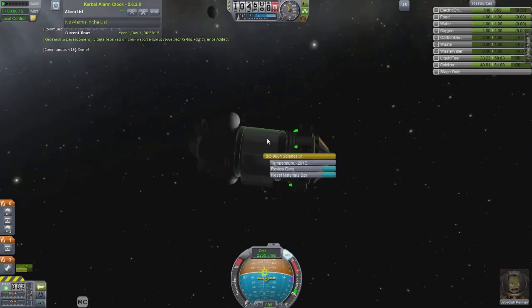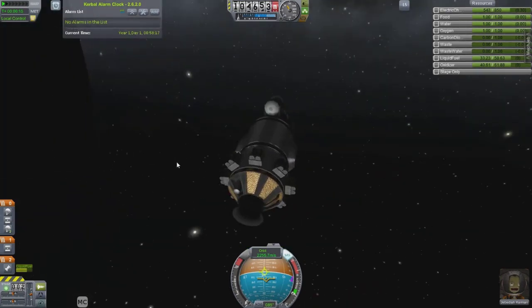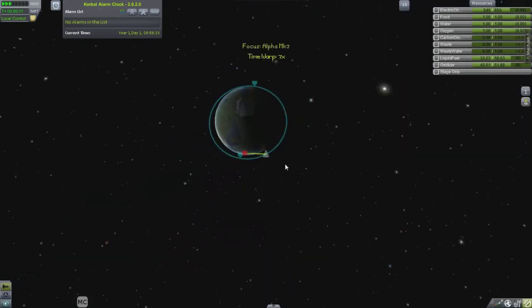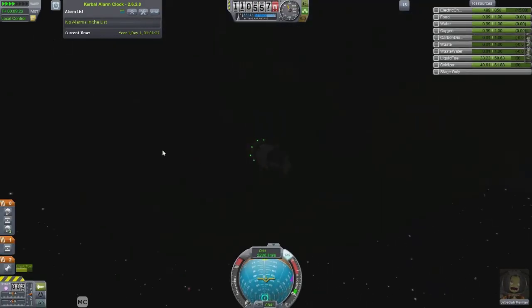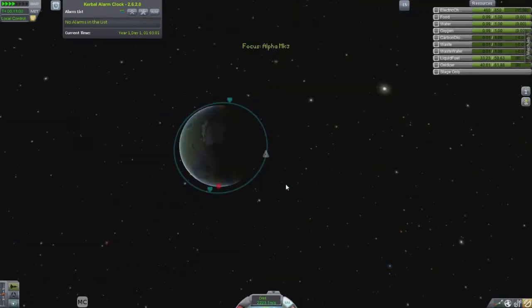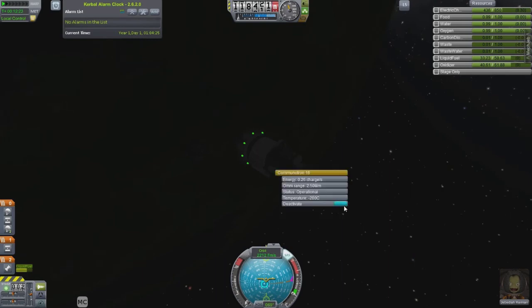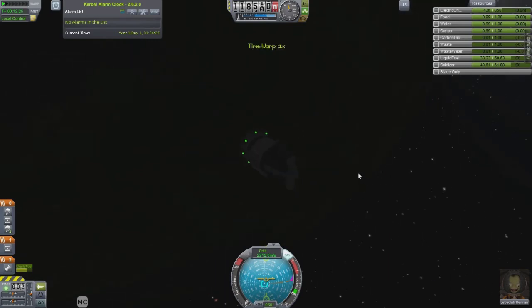And we will go ahead and orbit the planet a bit. And we can turn this back off. Oops, wrong thing here. Don't want to lose this during re-entry. Not that it really matters, but...